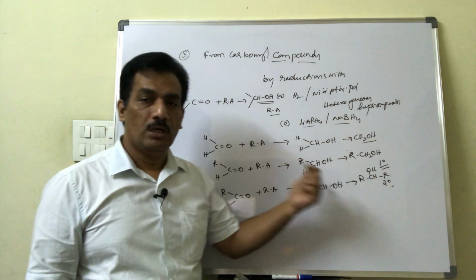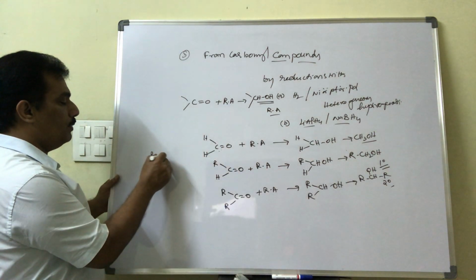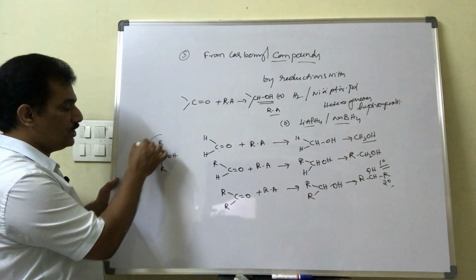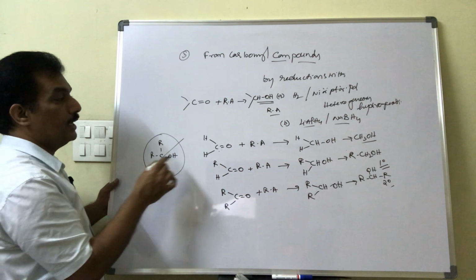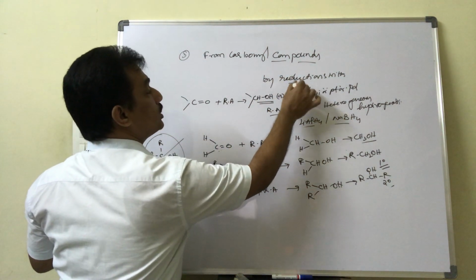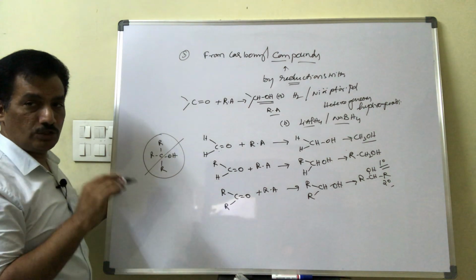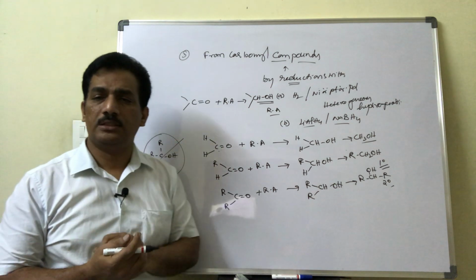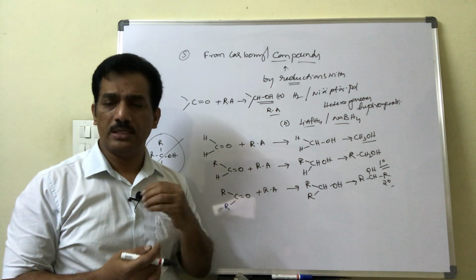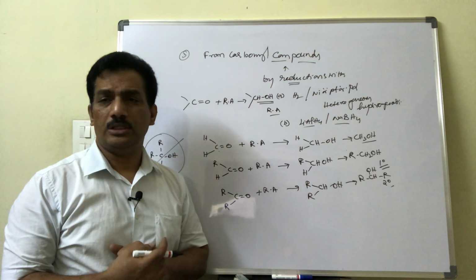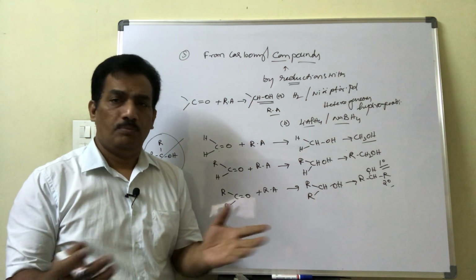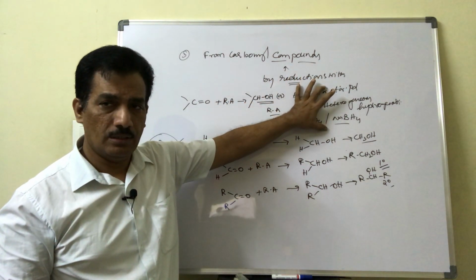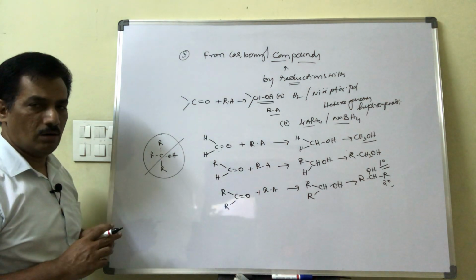In this method, if you observe, it is not at all possible to prepare tertiary alcohols like this. Such tertiary alcohols cannot be prepared by the reduction of carbonyl compounds. Just remember, only with the help of reduction we can't prepare them, but by using other reagents, for example Grignard reagent, as the reagent to attack these carbonyl compounds, we can prepare tertiary alcohols. But by using these reducing agents, we can't prepare tertiary alcohol.